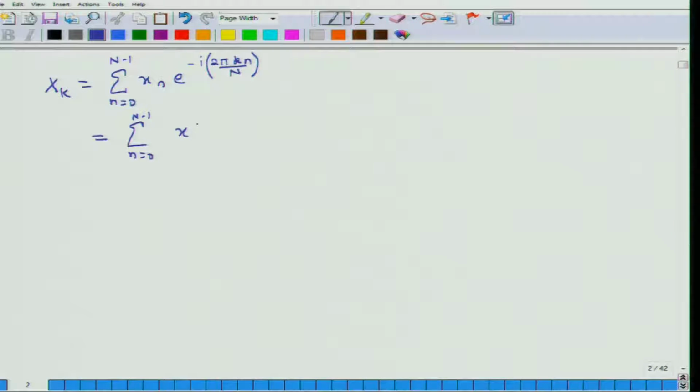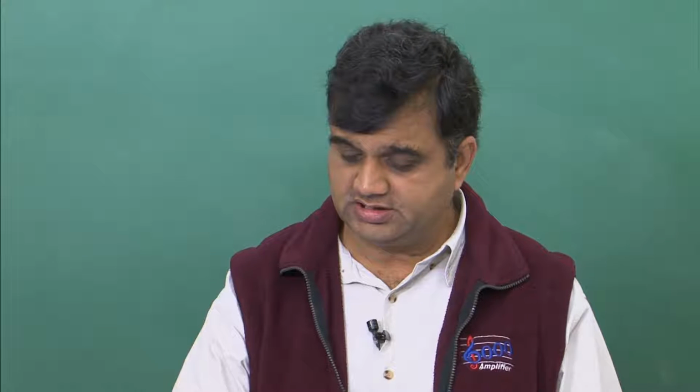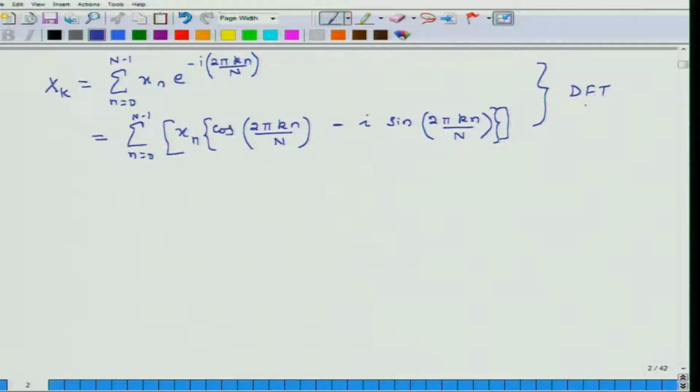So I can have a cosine and a sine term. So this is equal to xn cosine 2 pi kn over N minus i sine 2 pi kn over N. So this is another form, and you can actually use this. These relations are known as the DFT relations,